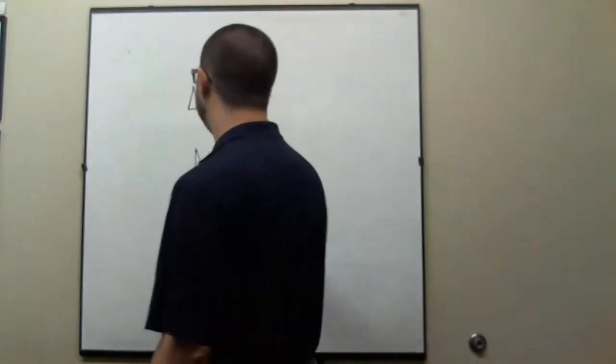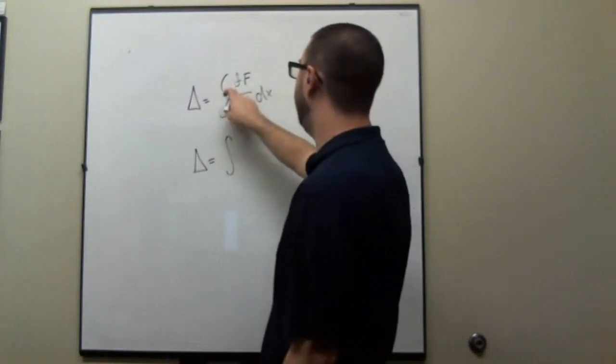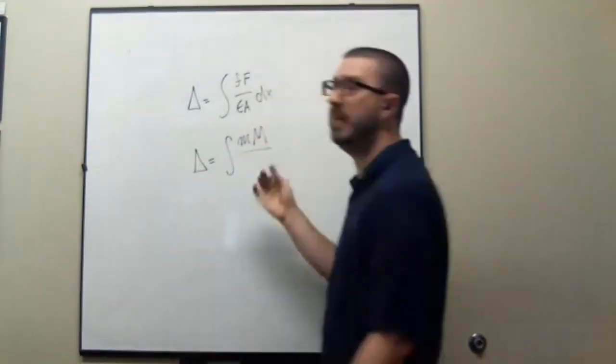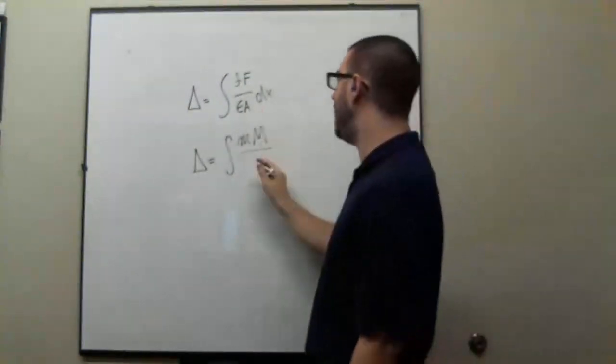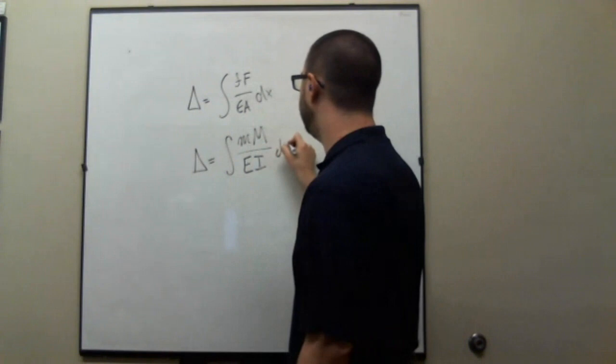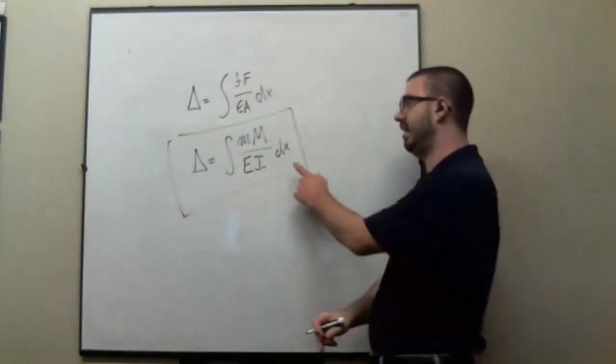If I'm talking about flexural displacements, I'm going to have a very, very similar formula. Instead of little f's and big F's, it's going to be little m's and big M's for bending moments. And then instead of EA on the bottom, what I'm going to have is EI. Okay? And so ultimately, when it's all said and done, this is what I'm going to try and get towards,